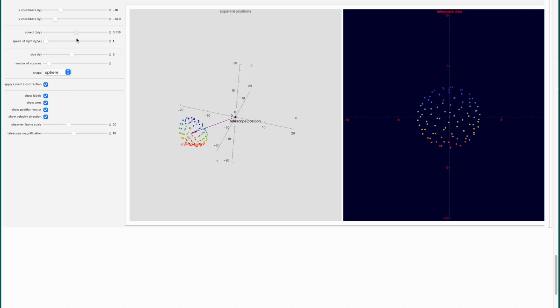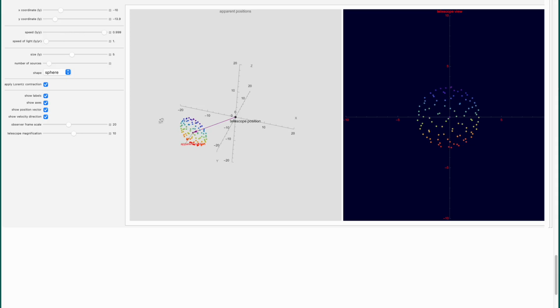Notice what's happening here. In the left-hand view, the coordinate view, the sphere is getting distorted in some way, but in the right-hand view, it looks like a rotation. So again, that is this phenomenon that they call Terrell-Penrose rotation, or Terrell rotation. Okay? So what does this mean?